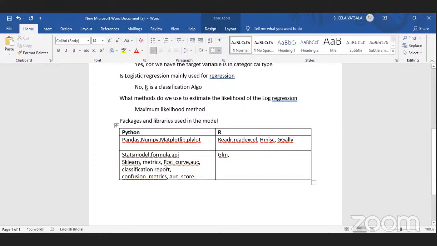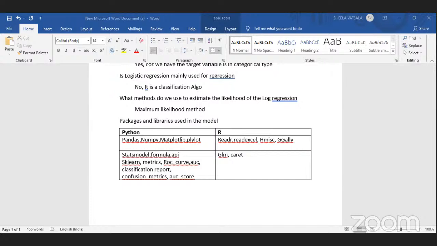We'll come to each of these terminologies as we go forward, right? We'll dig deeper into this. We need caret for data visualization, and in R we use caret for our confusion matrix,